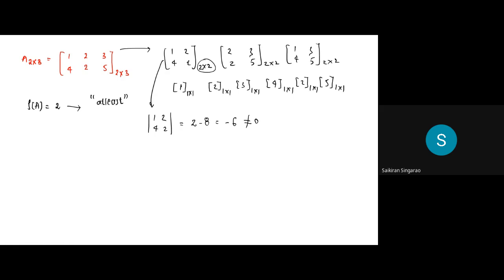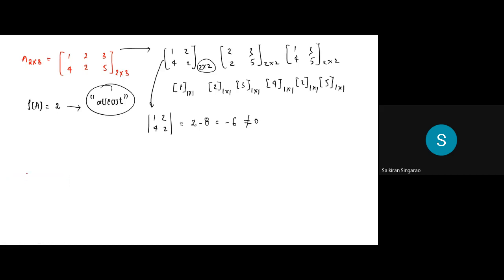Yes. Because 3 2 cross 2 square matrices are forming, and at least one of them should have a determinant not equal to 0. Right? So my point is, 2 cross 2 matrices are formed. How many are formed? 3 are formed, right? And this is only a 2 cross 3 matrix. If it's a 4 cross 3 matrix given, then more will be formed. So you just have to identify at least one matrix of order 2 cross 2 whose determinant is not 0. If at least one is not 0, then that will become the rank of it, right?